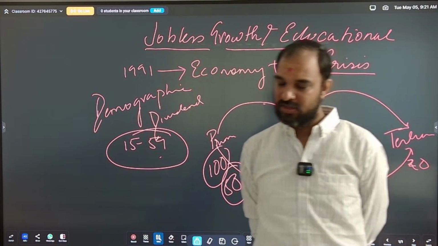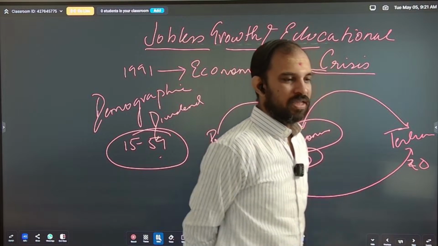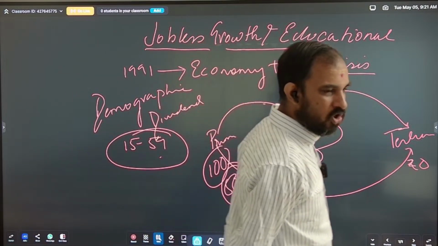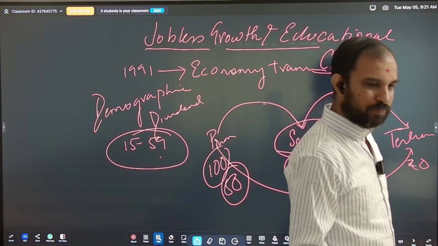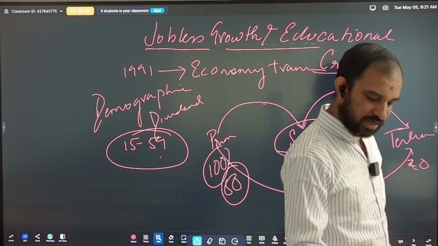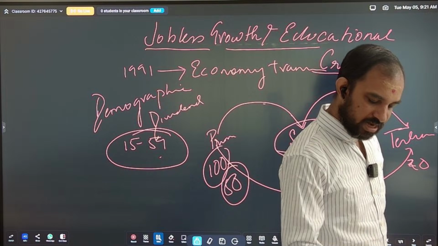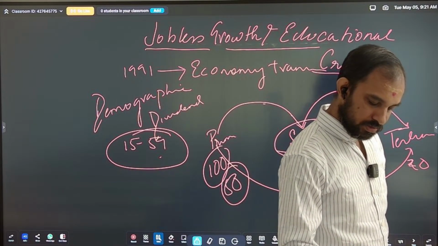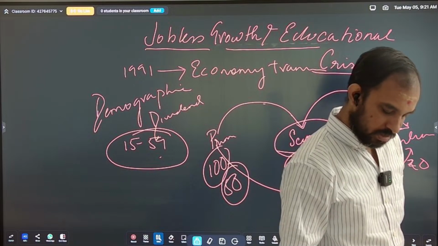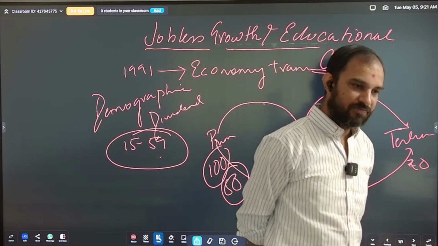Write down. Of that population, a major chunk is unskilled, semi-skilled, who cannot be employed. And by 2030, if these people are not absorbed, it will result in a scenario wherein the demographic dividend transforms itself into demographic burden,